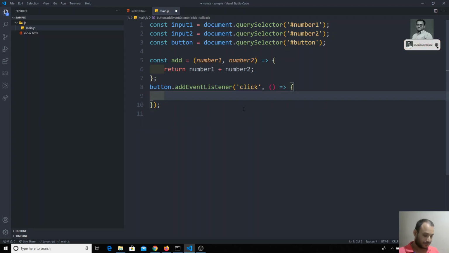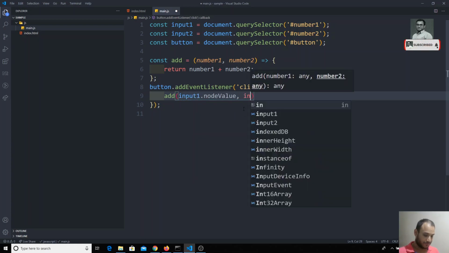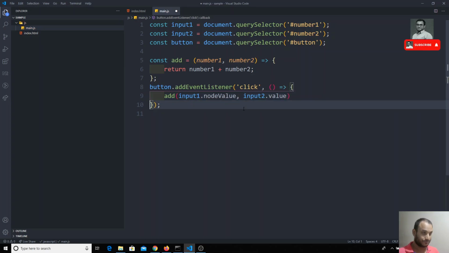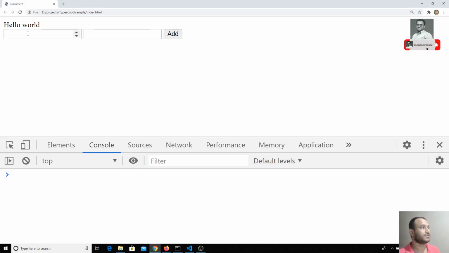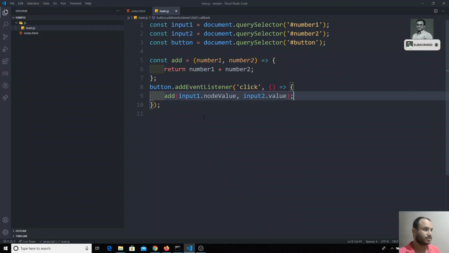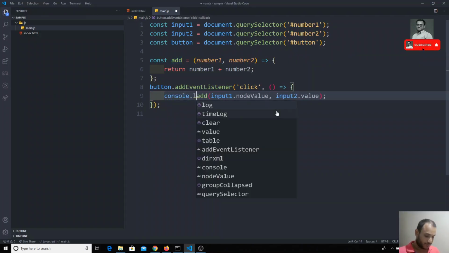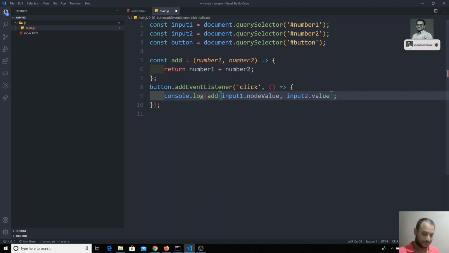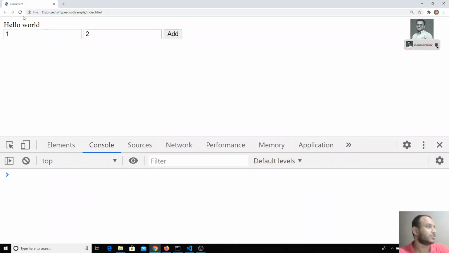variables. So now here I will try to call this method and I will send the input 1 dot value comma input 2 dot value. Okay, now I will give 1 comma 2, and if I click on that button, what could be the output? As expected, we should get the output as 3. Let's see when we click on this add button. Oh, we are not consoling the output, I think. Yeah, let's console the output. console.log, whatever return value we are getting from the method, I am consoling the output here.